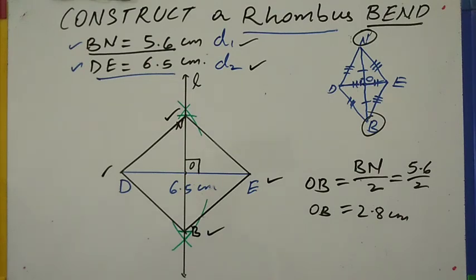I am giving the other question as homework for you. With this, I will wind up this class. In our next class, we will go for revising another important construction, when 3 sides and their included angles are given. Okay, construction of a quadrilateral when 3 sides and their 2 included angles are given. Okay, Jai Hind. Thank you.